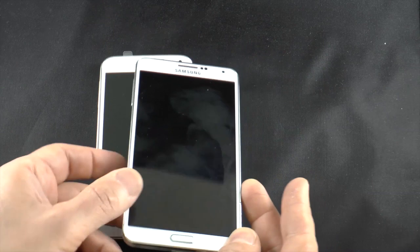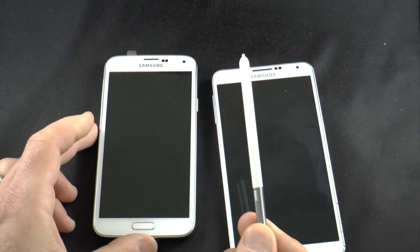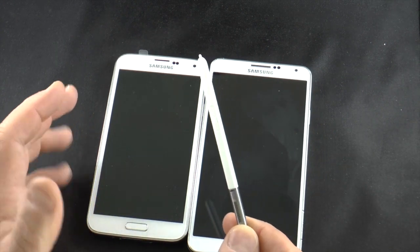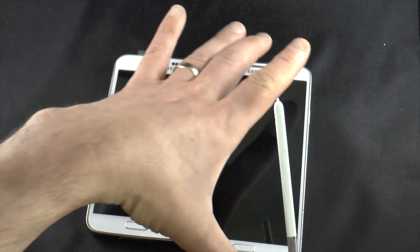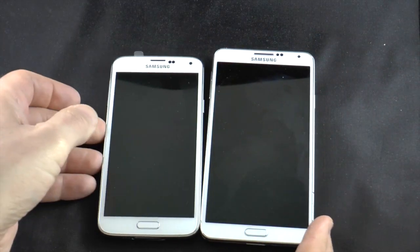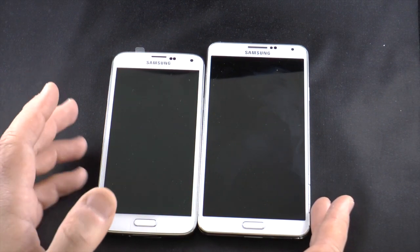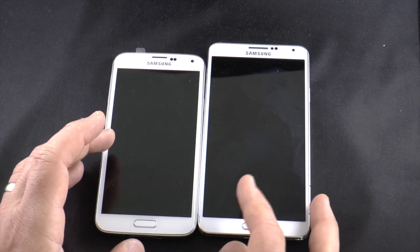Now, the big difference, obviously, is that the Note 3 has the S Pen. So if you want to use the S Pen a lot and you find using a pen really an important part of your mobile computing, obviously the Note 3 is going to be the way to go for you, because you do not have that option with the S5. But if you don't use the S Pen a lot, I asked Wayne if he uses it, and he said almost never. If you don't use it a lot, I actually don't see much of a reason to get the